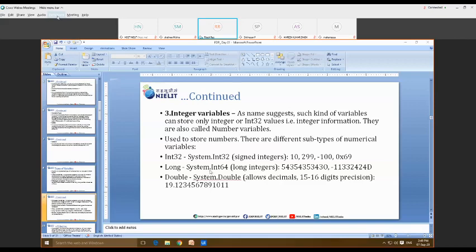So once we work on any type of user input that are numbers greater than some 5 digits, or you can say 10 digits, then instead of selecting int32, we have to select this system.int64, that we can select from the variable type drop down list. We can go there, we can browse, and then we can simply search this system.int64, then our long integer variable is going to be selected.